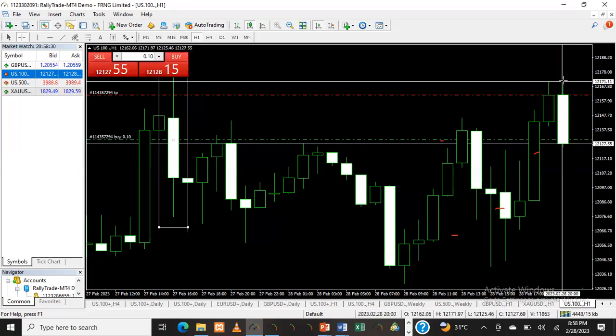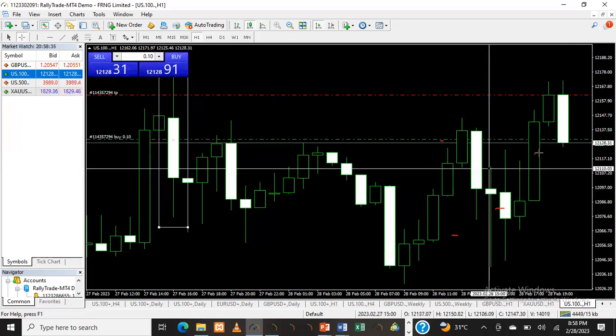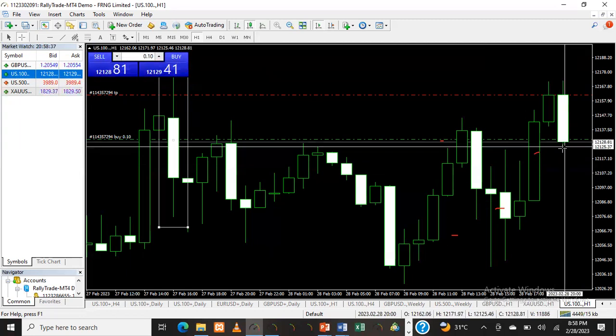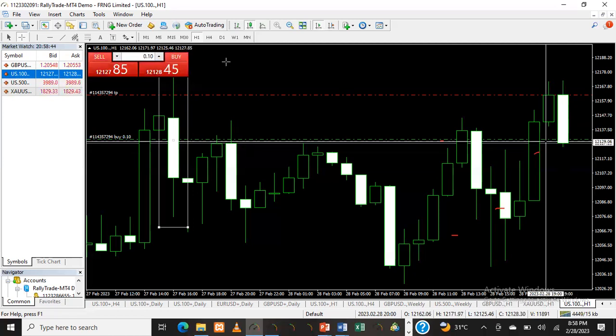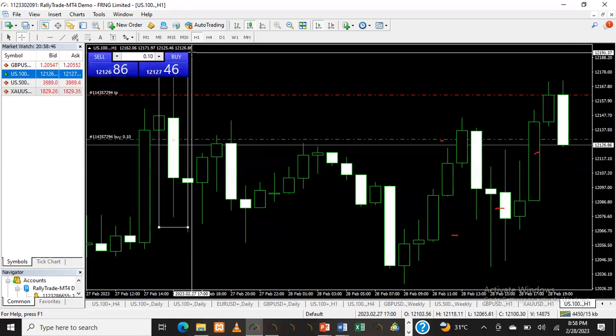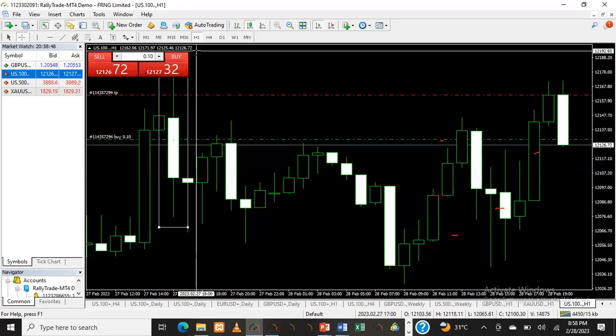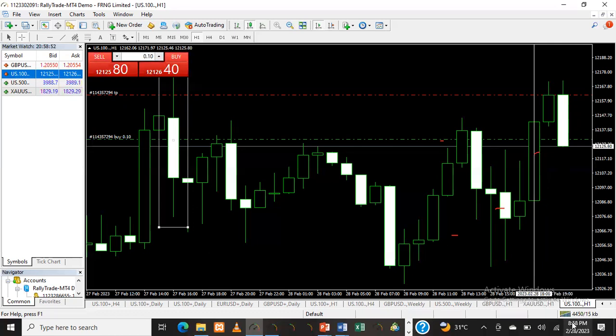So this is the highest price, 12,171. We'll have the lowest price, which is the lowest price this market has gotten to. Okay, then this is supposed to be the closing price, but this candle is going to close in the next